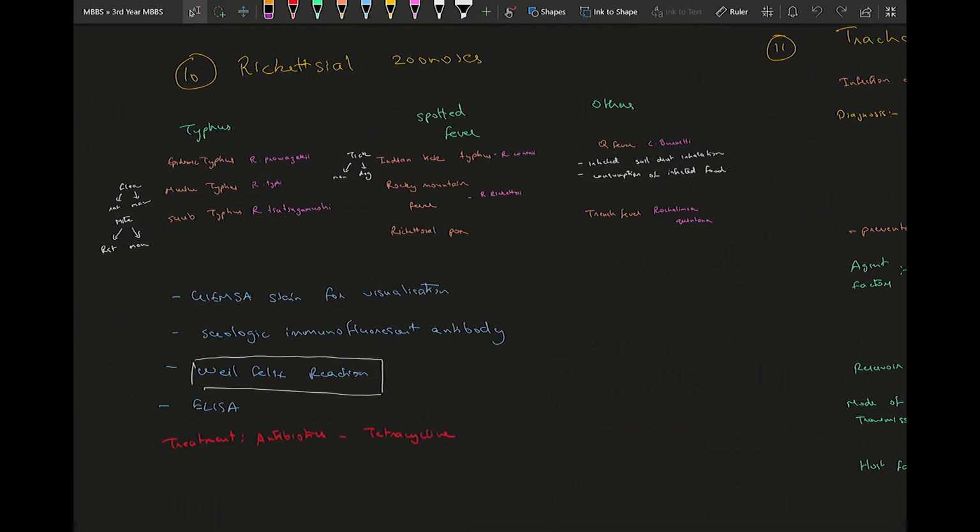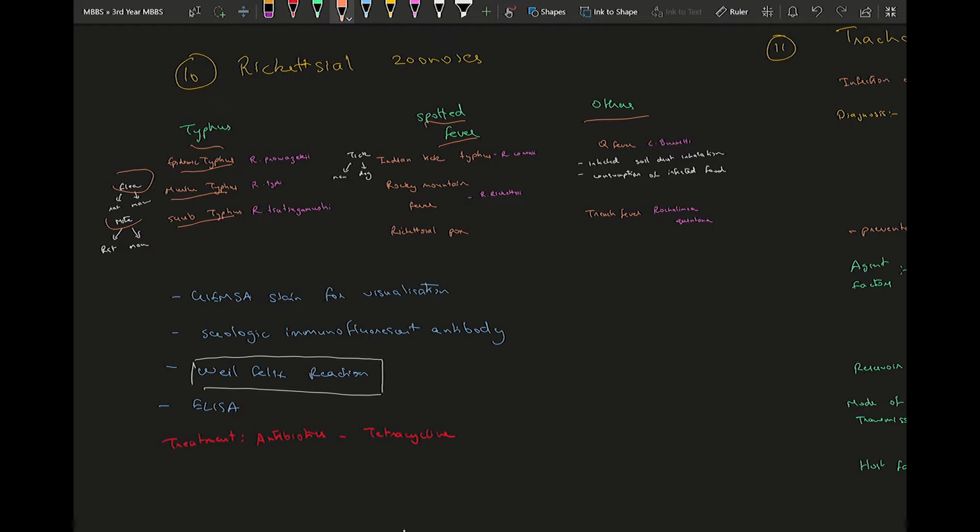So you need to know the different types of diseases which come under this category. They can be classified as typhus, spotted fever and others. Your different types of typhus are epidemic typhus, murine typhus and scrub typhus. Of this, scrub typhus is very prevalent in India and it's due to the species Rickettsia tsutsugamushi. So this is a very important point. This typhus is usually due to fleas or mites which are present on rodents. So that is all about typhus.